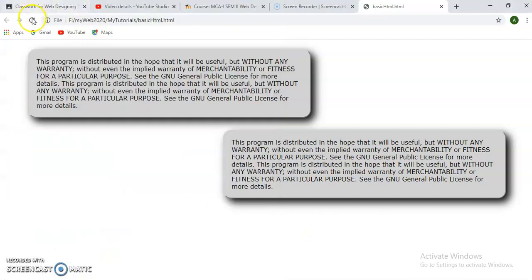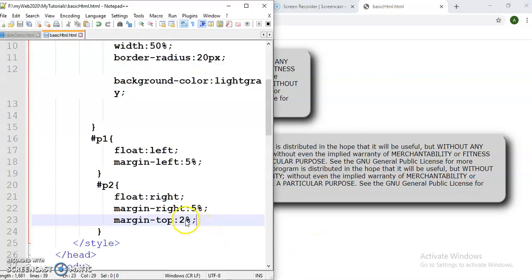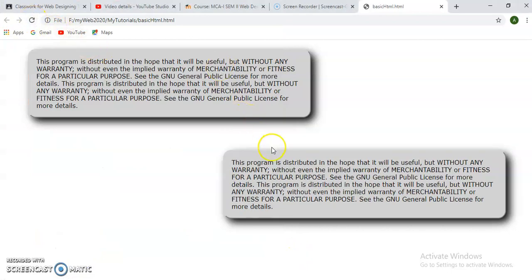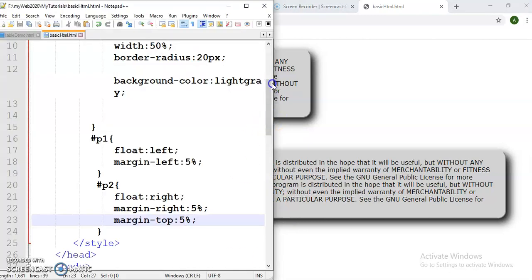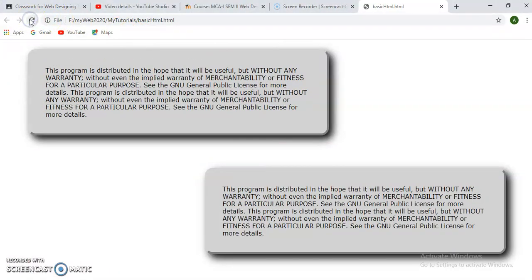I don't want 2, or give margin as per your choice. Then if I want some more padding, then our paragraph looks like this. As we see here, the alignment